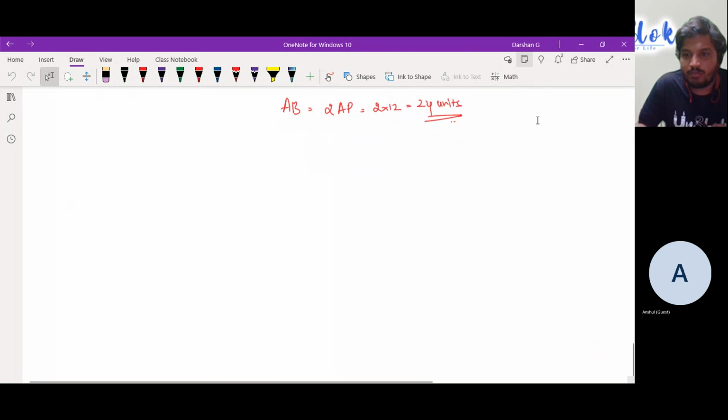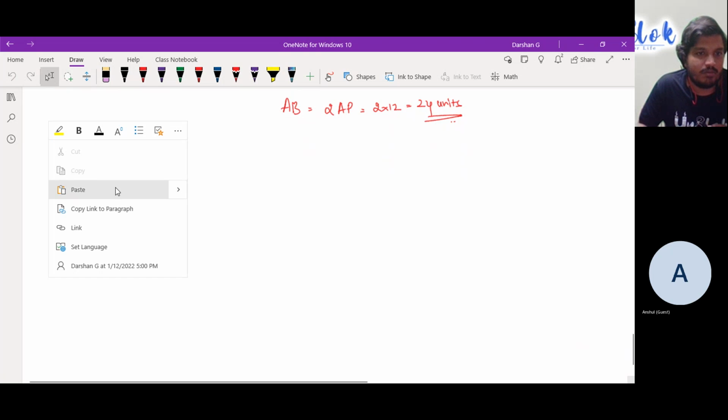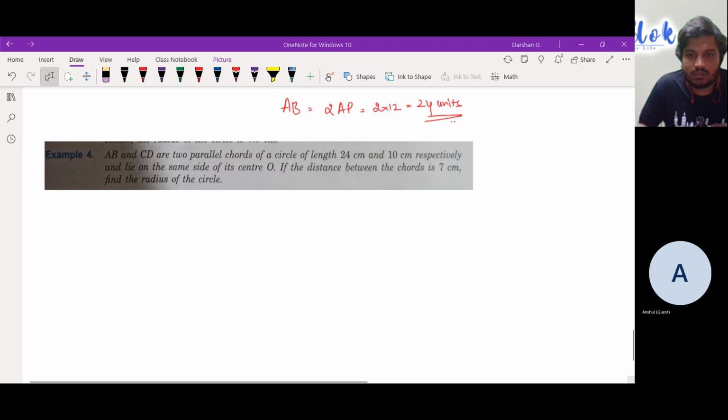So, I'll give you a problem. You can keep on solving that problem, and then we'll wait. So this is the problem with no diagram. You have to draw the diagram. Yes, sir. Okay.